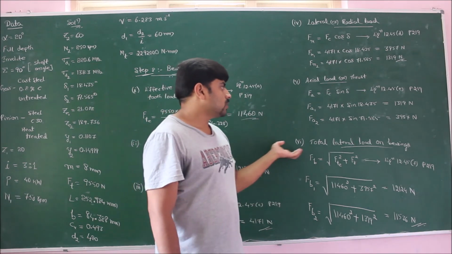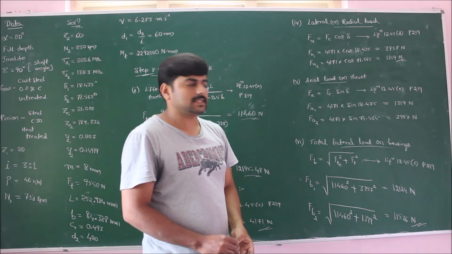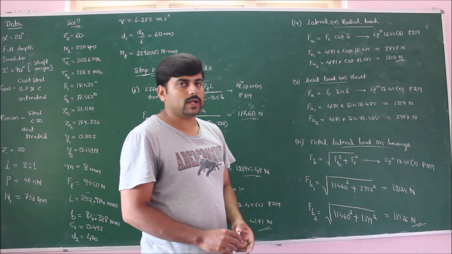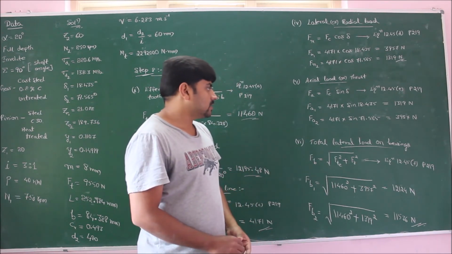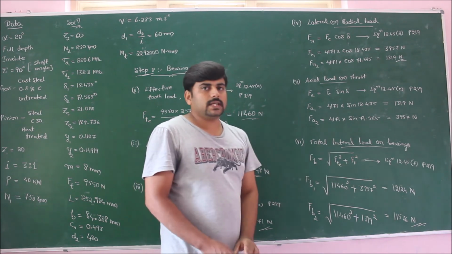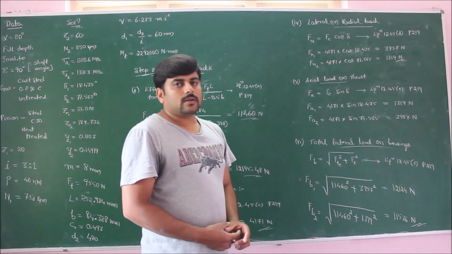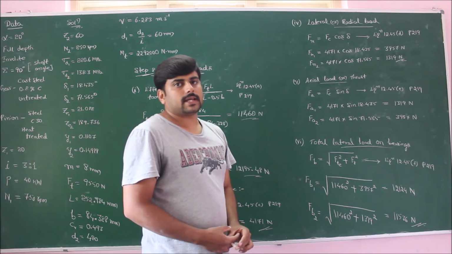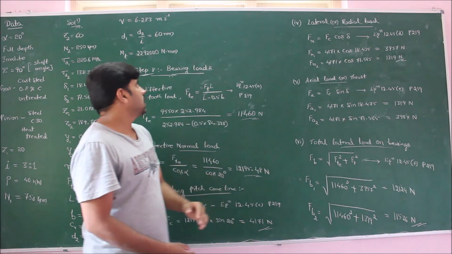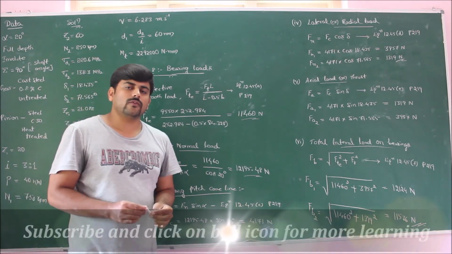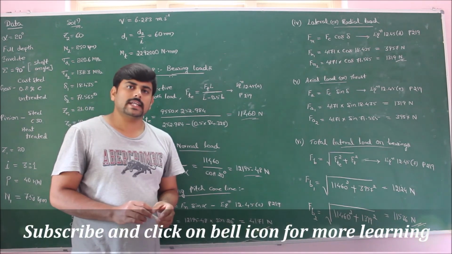Next, moving on to total lateral load on bearings, it is given by equation 12.45f, page number 219. Substitute the corresponding values of gear and pinion. I'll get the total lateral load on bearings by pinion and gear. So this completes our step number 8, that is bearing loads. Next, moving on to step 9 to find the dynamic load.